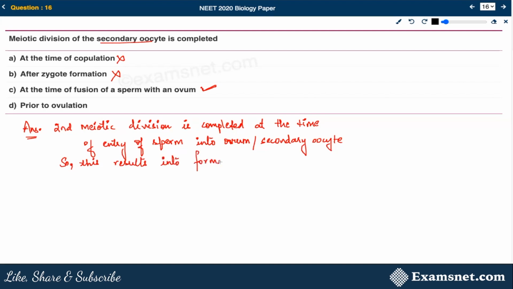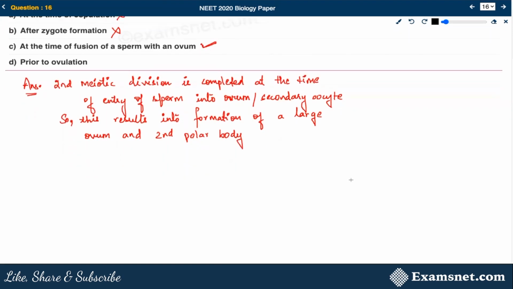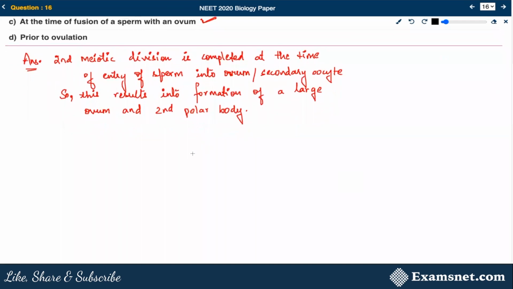formation of a large ovum and second polar body. So two polar bodies are formed in the entire process of oogenesis. First polar body is formed as a result when, if you people just remember, the process, how it goes on. So this is the